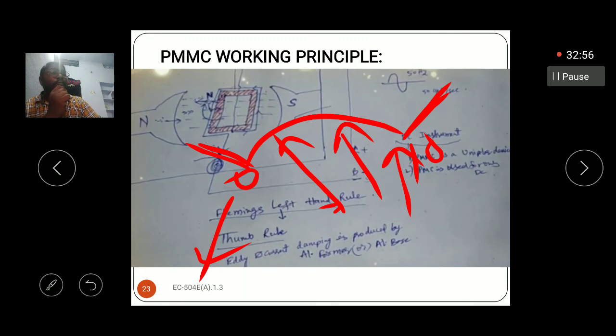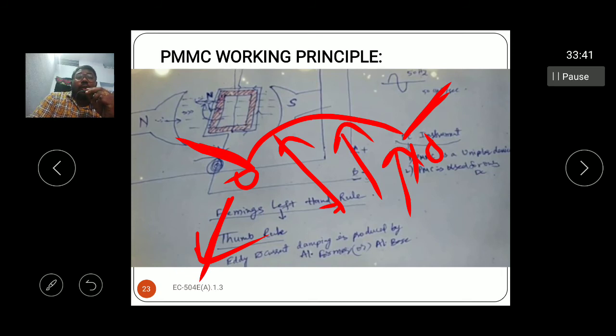Both the ends we are having the two stoppers, but if you are changing the polarities, what happens, the scale goes to negative. That means the stopper is unable to let the pointer move into the negative portion of the scale. That's why we are not getting the negative values. That means the PMMC is a unipolar instrument or unipolar device. And also in the PMMC instrument we are using only DC supply, not an AC supply. If you are applying the AC supply, what happens, we are unable to measure the reading in the scale, because of the continuous motion, the deflections we are observing.